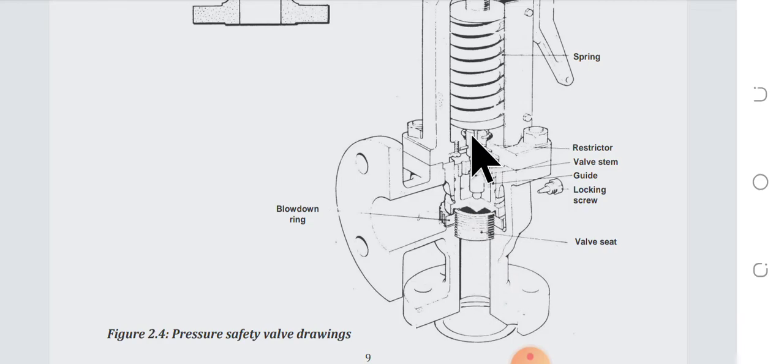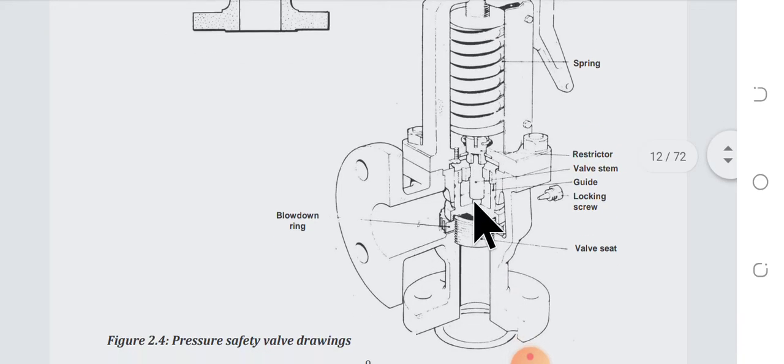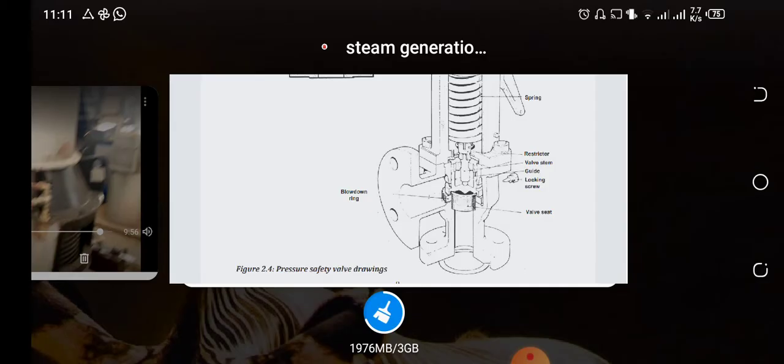When the force is more than this elastic force, this piston opens, and the excess pressure of the steam is released from this channel. When the steam pressure becomes normal, then the elastic force of the piston closes the valve again. You can see that